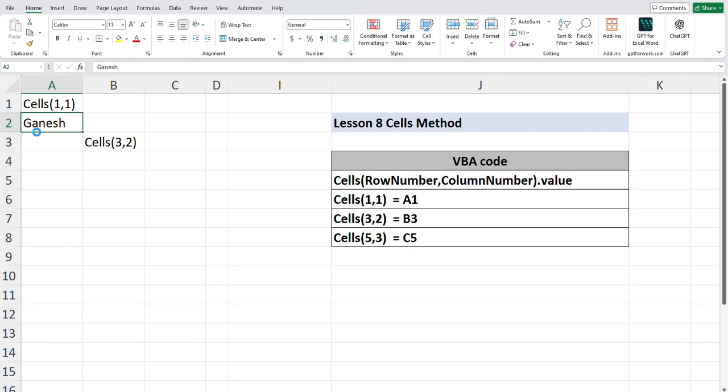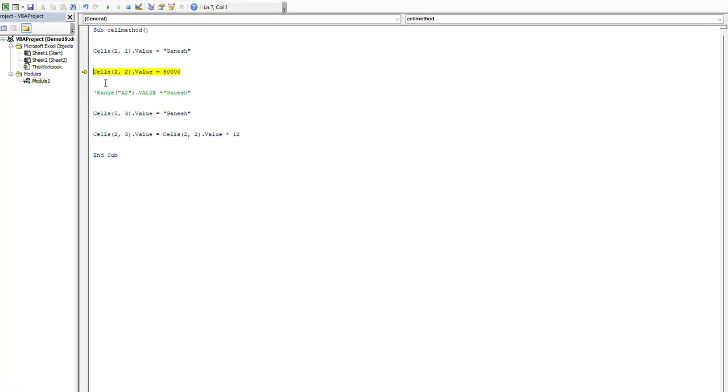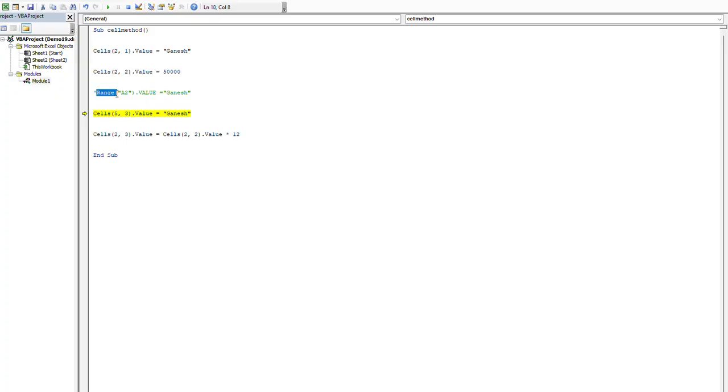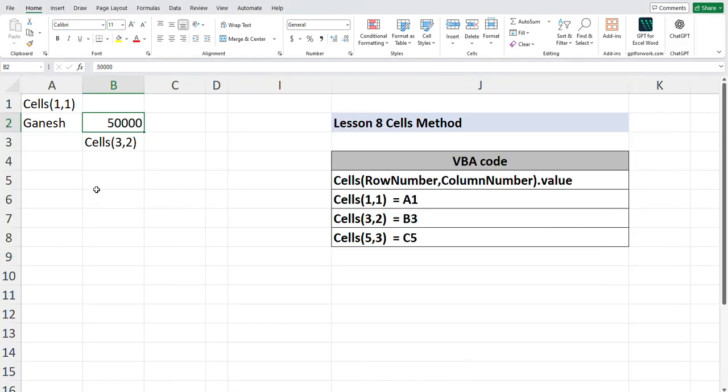Now let's write a number into another cell. I'll use Cells(2, 2).Value = 50,000. When I run the code, the number 50,000 appears in cell B2. So now we have an employee name in column A and a salary in column B. This is very similar to using the range object. For example, we could write Range("A2").Value = "Ganesh". Both approaches can write data into a cell, but the real advantage of the cells object becomes